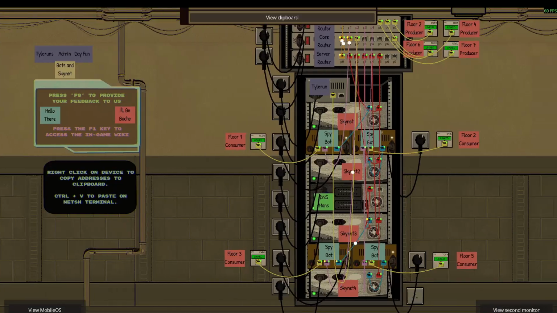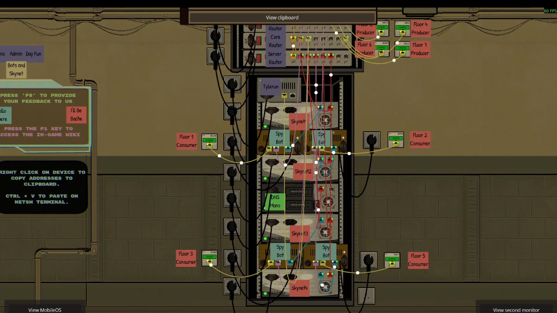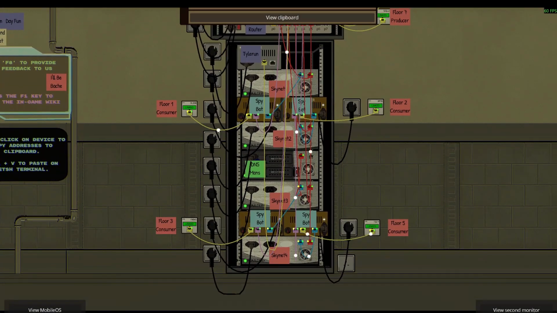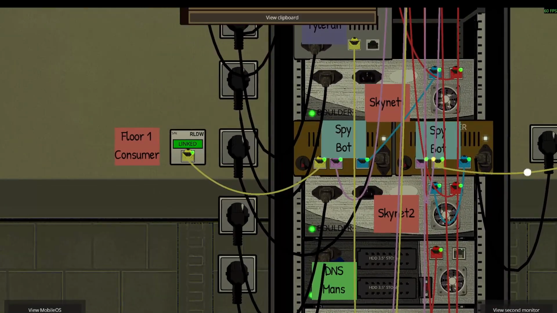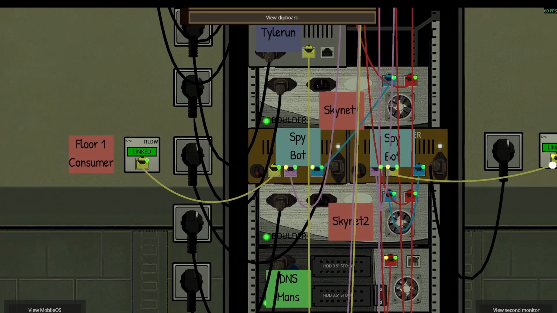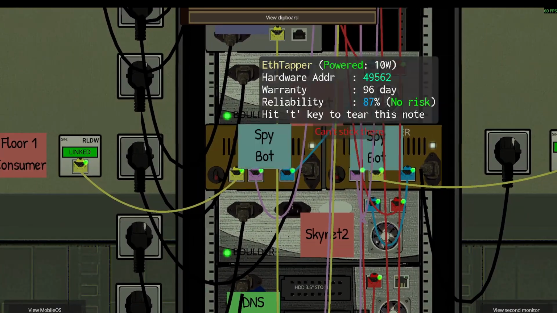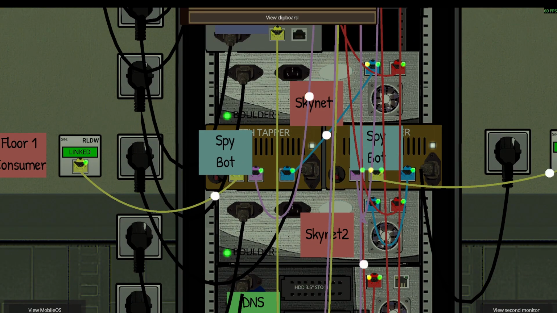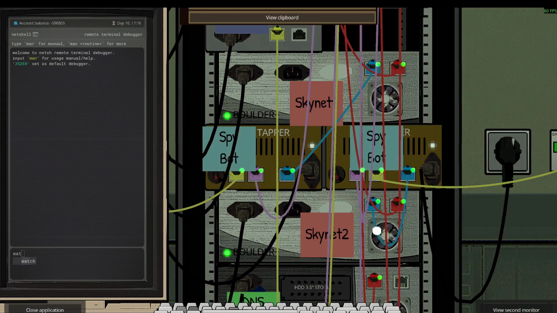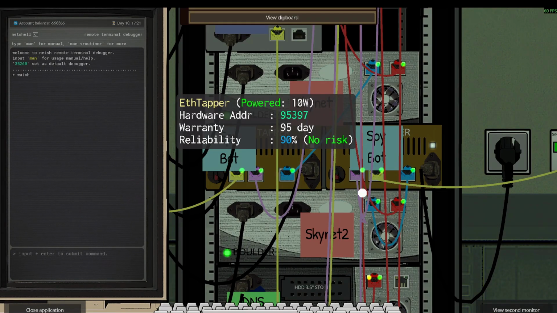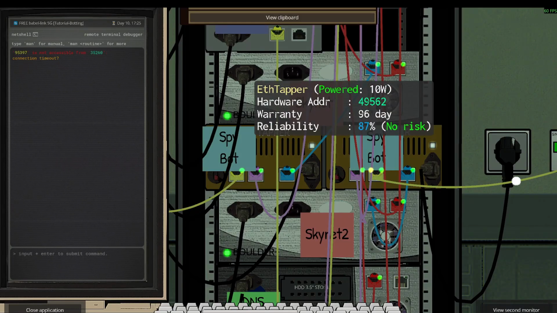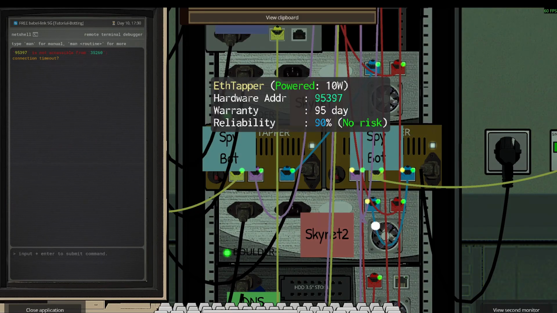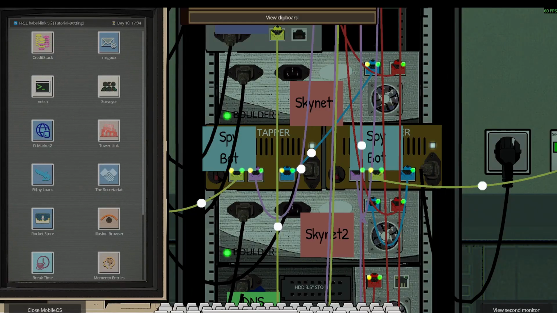So, this is my slightly convoluted setup. This is an over-engineered and kind of ridiculous setup, so you can see how this works. Starting out, we have our floor one consumers. These are our standard people. They are coming in to an Ethernet tapper, and that Ethernet tapper is reading the packets that they are sending through. Unfortunately, I don't think I could watch any of these because I didn't set that up. But what these are going to be creating is actually